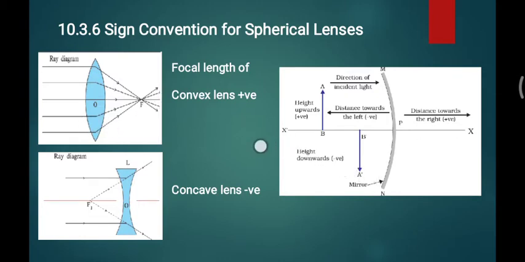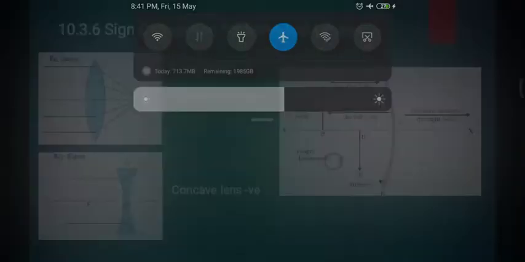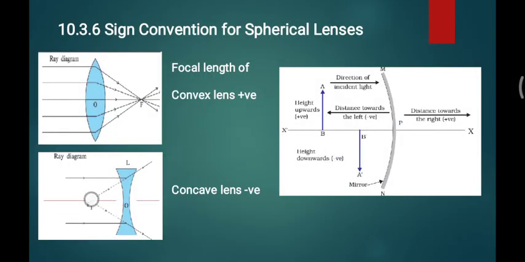Now, in the case of a concave lens, it is different, because the rays are not actually meeting. The definition of focus is nothing but the meeting point of the refracted rays. So the rays are refracting on the left of the optical center, so the focal length is from this point to this point. That's why this distance towards the left of the optical center is taken as a negative sign. So the focal length of the concave lens is negative.